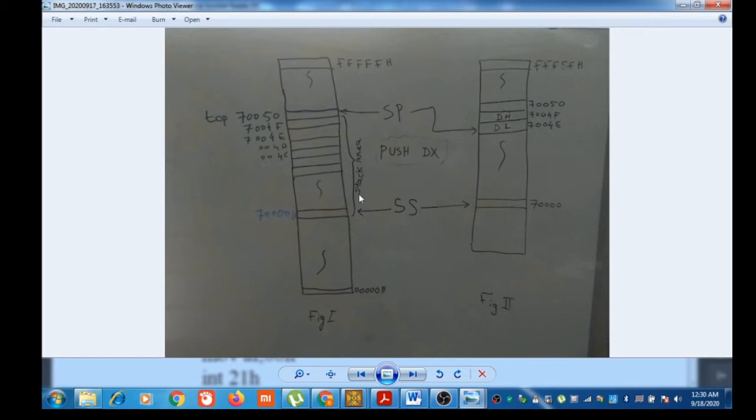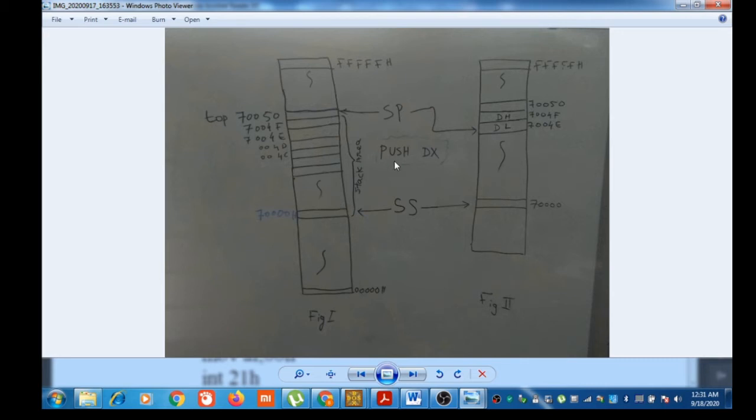See, we have discussed an example. The stack segment starts at 70000H and 40 words, that is 80 bytes in stack area. The same picture we are using. LEA SP comma top will keep the value 0050 in SP, that is the stack pointer points to this location, and this is the stack area.